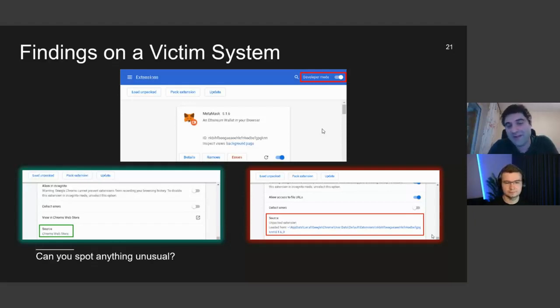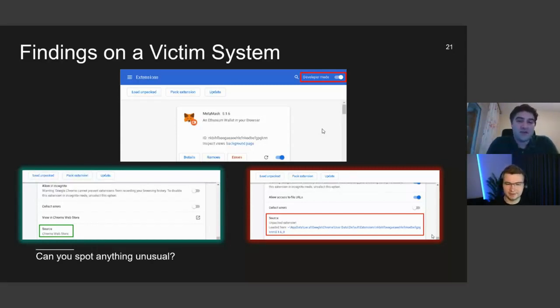But on the right-hand side, you can see that it says unpacked extension, and it's loaded from a specific path. This specific path was actually used by the attackers once they managed to get access to that machine. But you must ask yourself, why do they want to do that? Well,